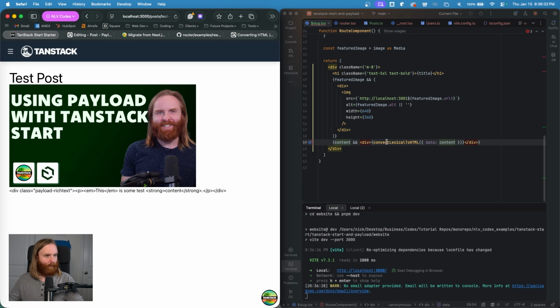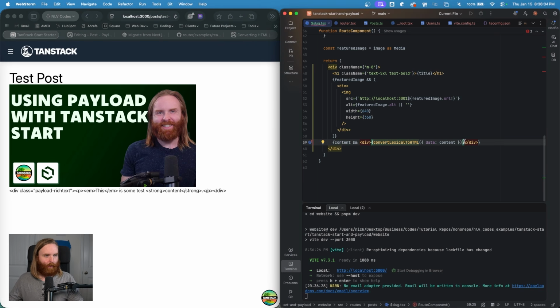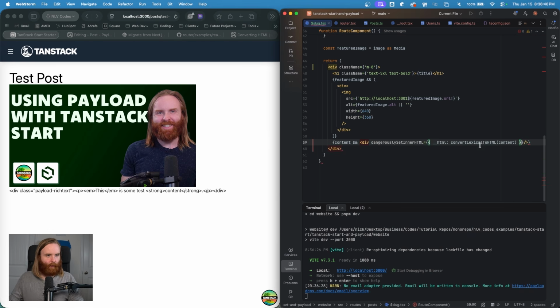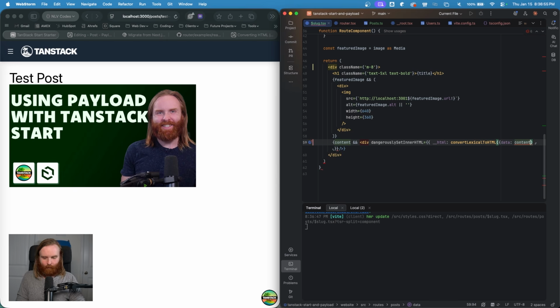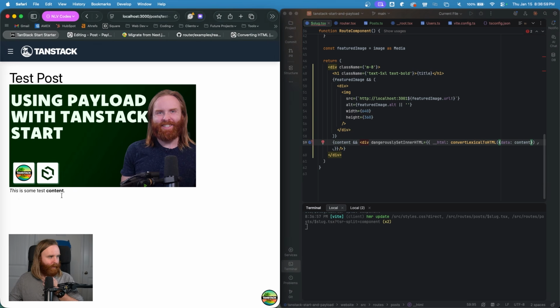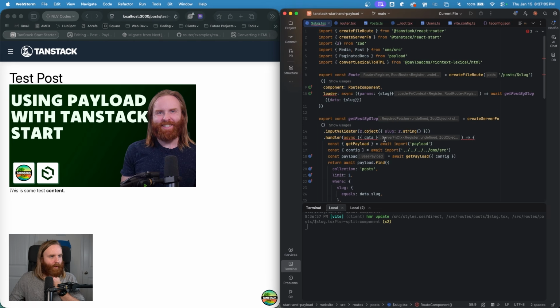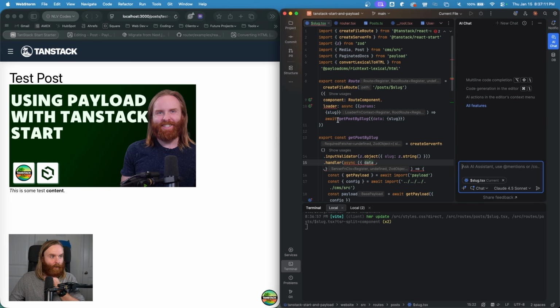See what happens. Okay, perfect. So then I can do the React thing where I can dangerouslySetInnerHTML, data content. There we go. So now we have some rich text content. So that is that. I'm going to take a second here to ask chat, AI chat, not you chat, why